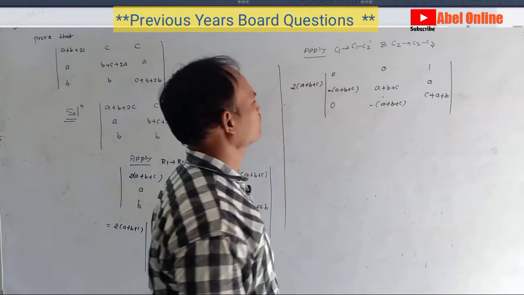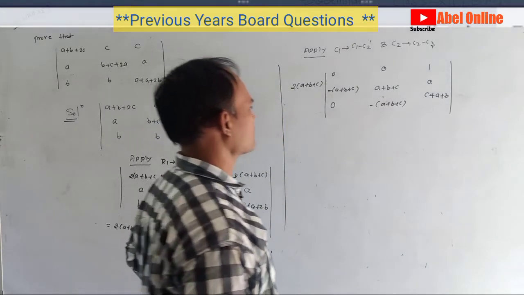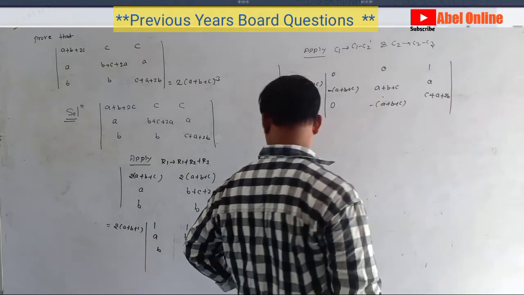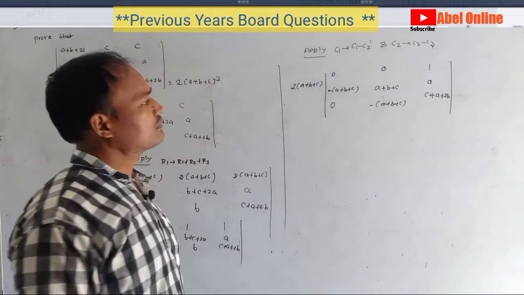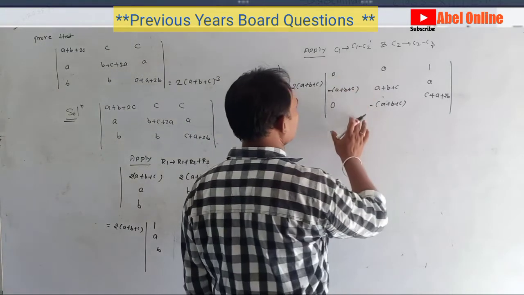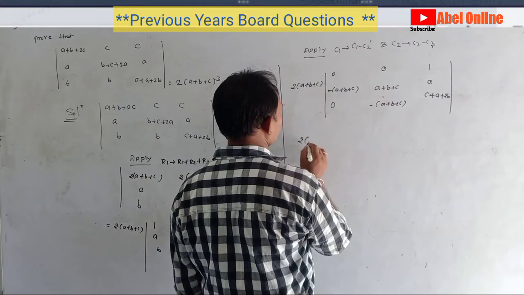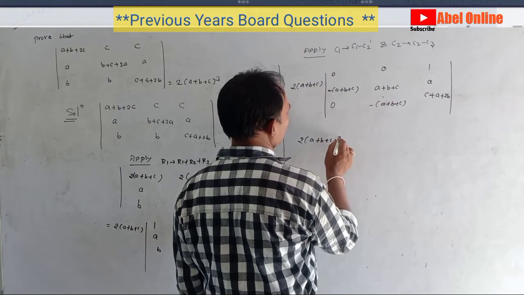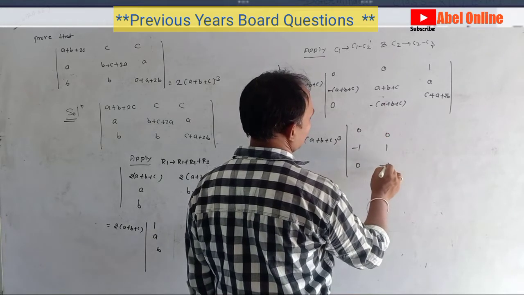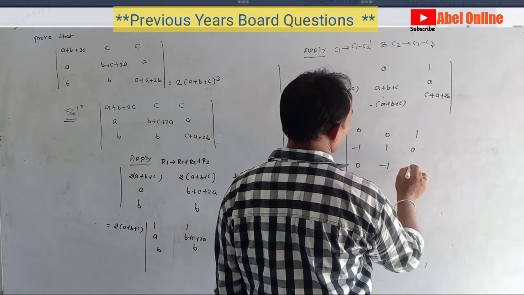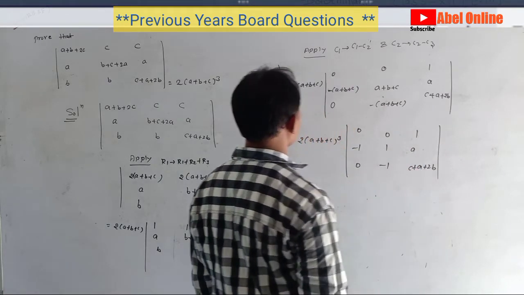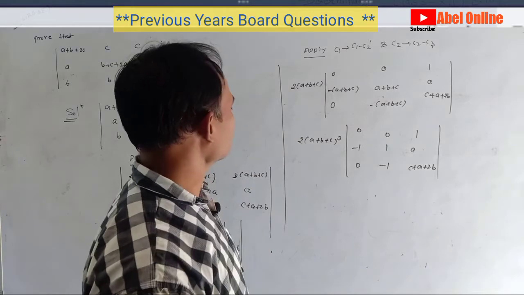It is 2b, students. Okay. Now is anything common? Yes, it is common from here and here also. So we can say that it is a plus b plus c whole cube, and then 0 minus 1, 0 0 1 minus 1, and 1, c plus a plus twice of b. Okay, your answer is 2a plus b plus c whole cube.